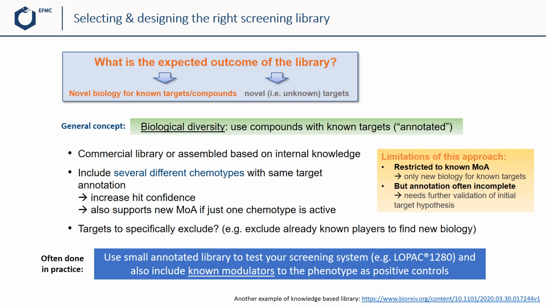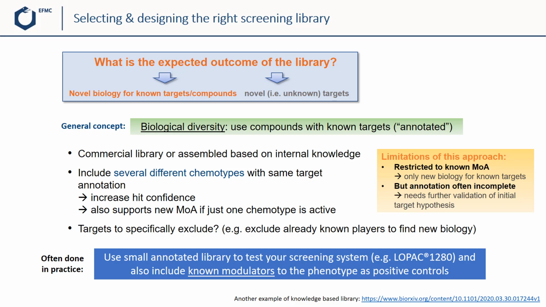The first scenario that we're going to look at to answer this is the one where you would want to find novel biology for known targets and their compounds. This concept is often referred to as biological diversity and also well known as using an annotated compound library, meaning that a priori the targets hit by the compounds that are used are known. The limitations to this approach are somewhat obvious. In principle, you restrict yourself to known mechanism of action,